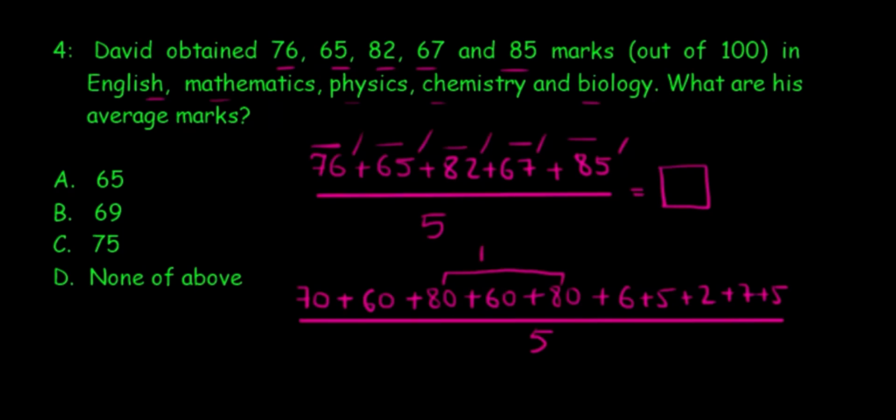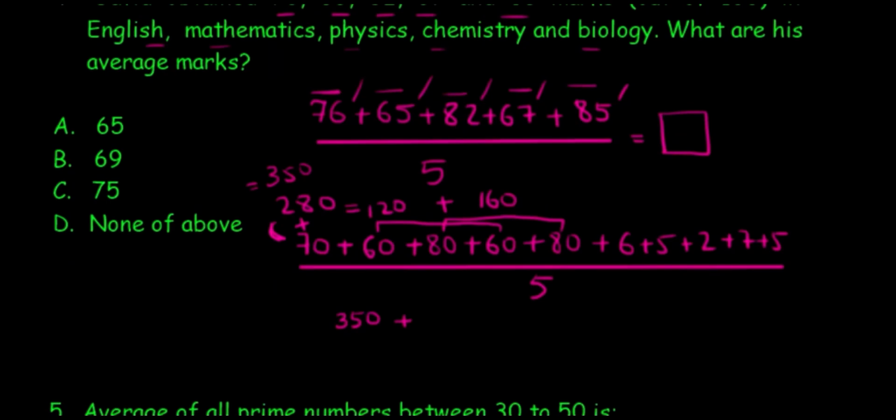I'll say 80 and 80, that's 160. 60 and 60, that's 120. Them together is 280. 280 has to be added into the 70, that's the only one left. That would give me a 350. 28 and 7, that's 35. The 0 carries on, so I have 350 plus, what do I have on the right hand side? With the ones I have, let's say that's 7, right? And that's a 7, so that's 14.